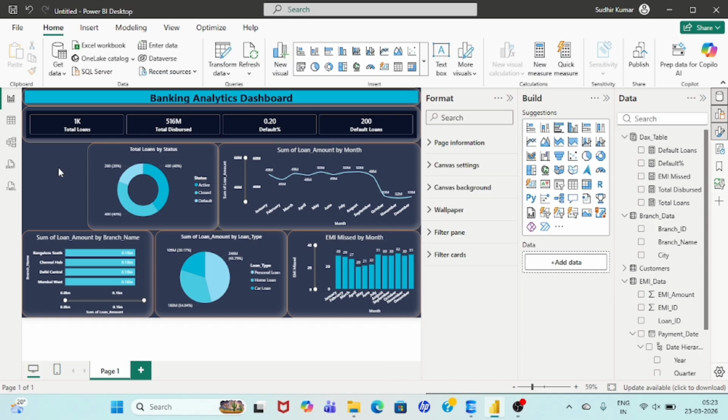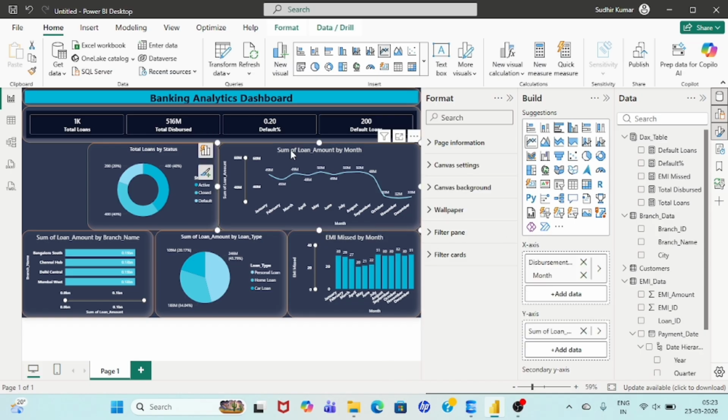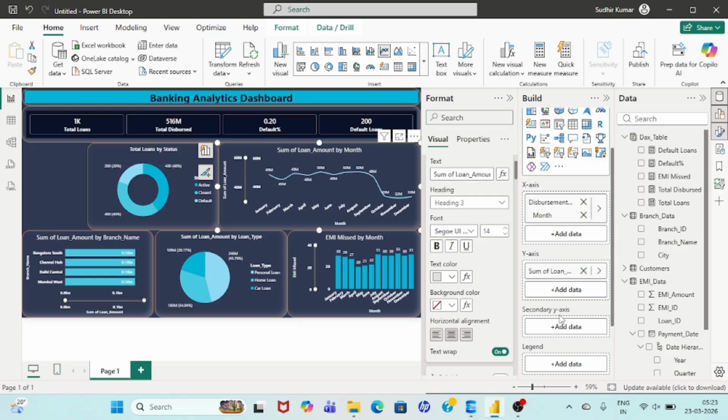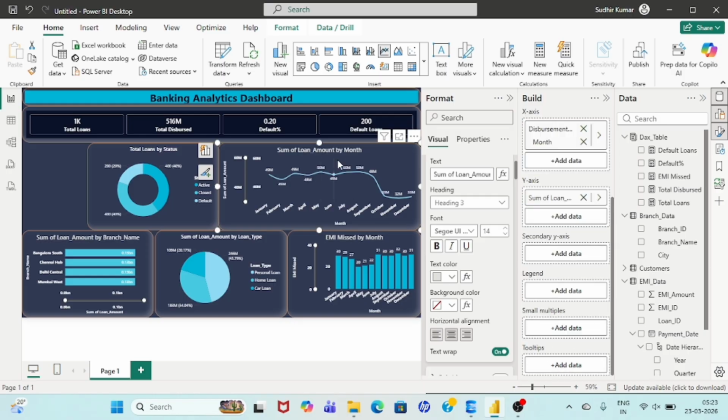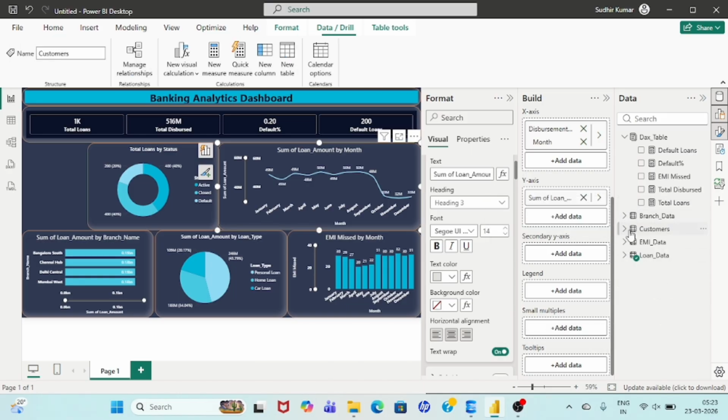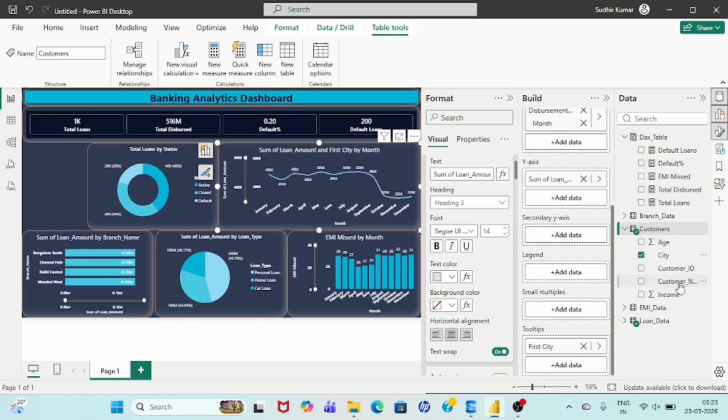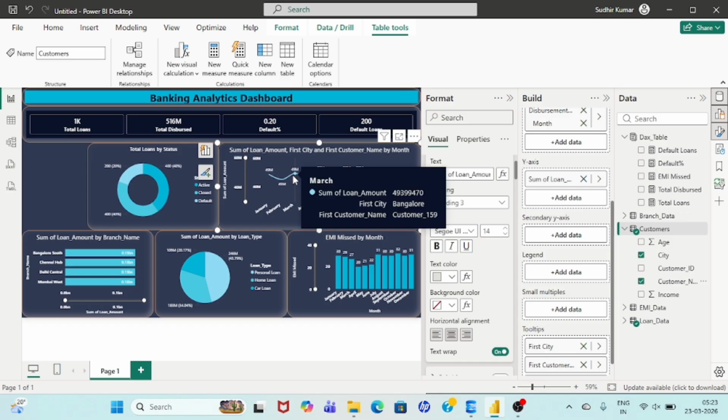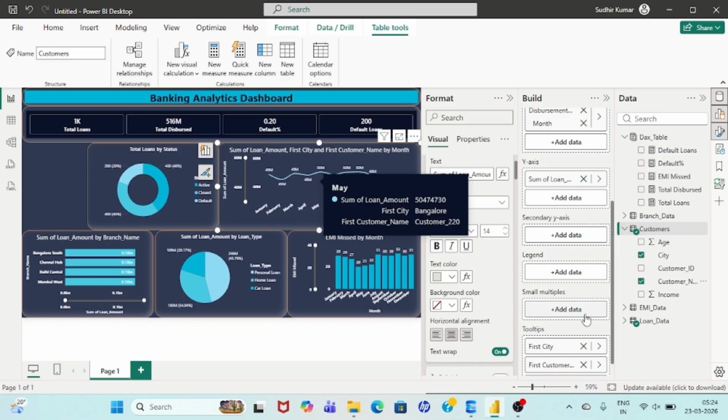Now we are going to add here also, if you want to add tool tips, we can add the tool tips. Like we have here tool tips, so sum of the loan amount by month we are showing. So if you want to have other details on this, we can put the other details as well. So we can say age of the customer, city, and all that. We can add city, so I can say tool tips here. Customer name also we can add it here. Then see this, if I put our mouse, so details are reflecting. Similarly, we can say